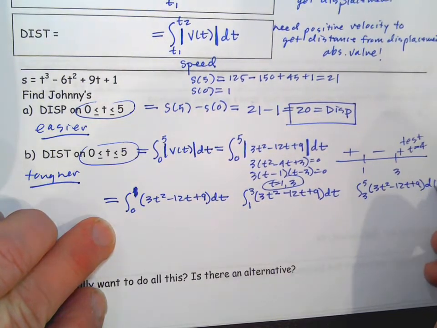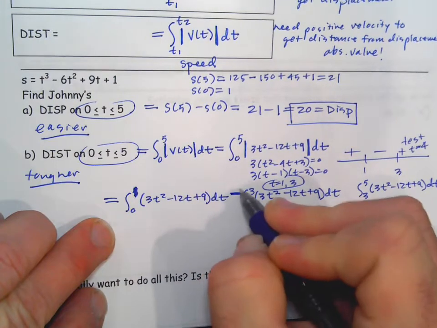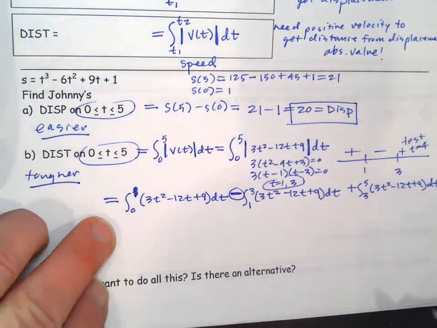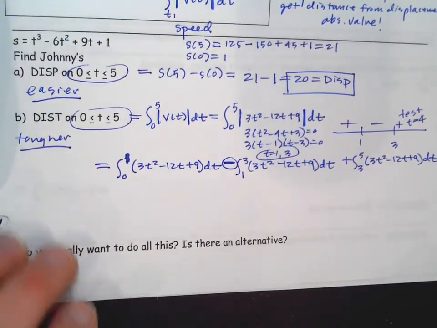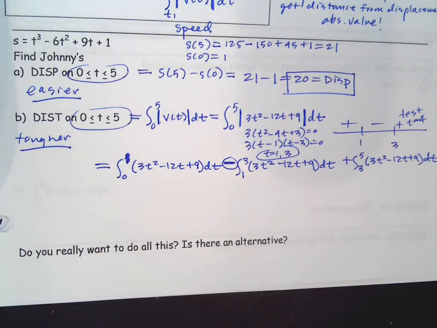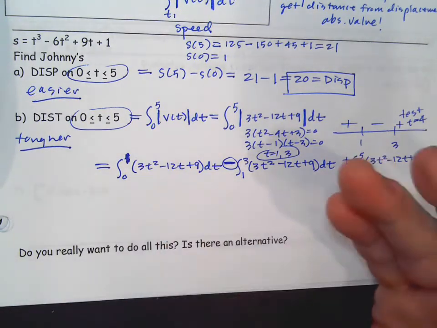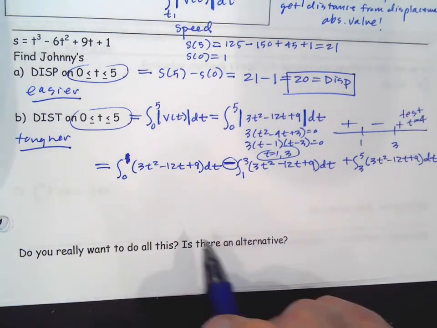The negative part's got to be fixed, so this needs an extra negative. Otherwise, if they're positive already, we just add them. Now, I'm going to wait. I'm not going to do this work right now because we should be able to do it. It's going to be pretty tedious,